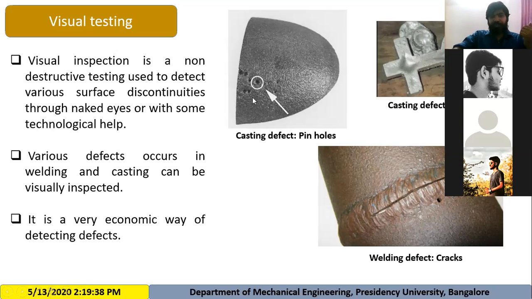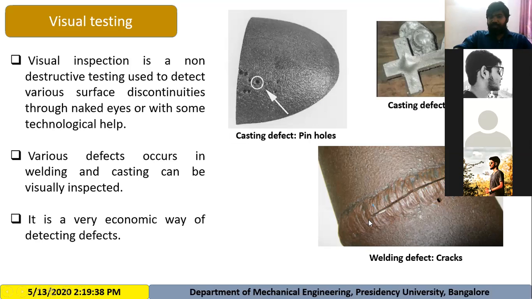Simply by seeing this part by your naked eyes, you can say that this is the pinholes defect, so this part will not qualify the test. Here also you can see a shrinkage defect. Here you see the material is unable to fill, so there is a formation of shrinkage defect. This defect also you can see by your naked eye. Without performing any test, you can simply see that there is a shrinkage defect, so this product is also not going to qualify the test. You will simply remove this product from the lot.